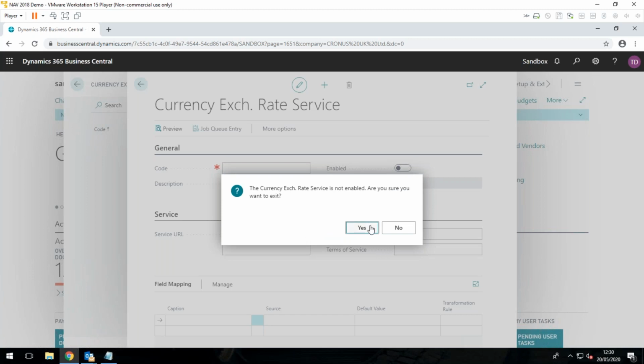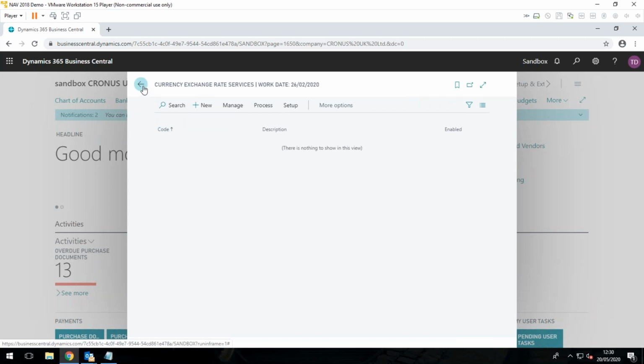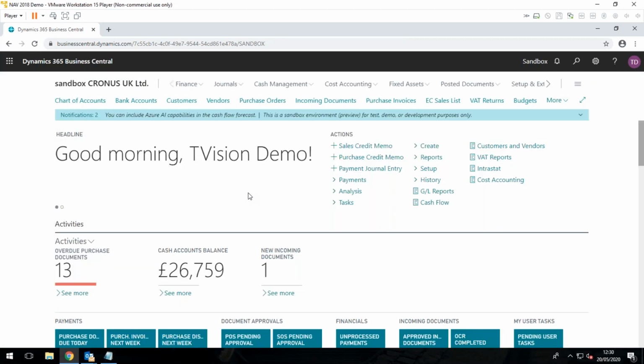Yep, just one more. Can we have a different bank account displayed on the invoices for foreign transactions? Okay, so I'm guessing on that one, if I send an invoice to a customer in, say, Canada, and they're going to pay me in Canadian dollars, I might have a bank account in the UK in Canadian dollars. Yeah, so on your general ledger setup, you generally set up one bank account to receive payments,